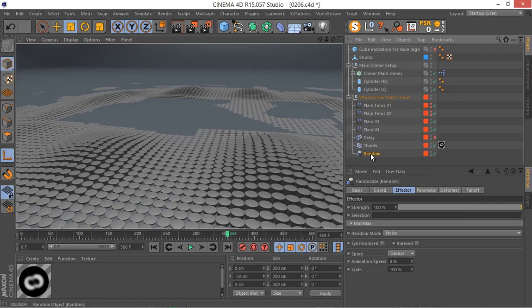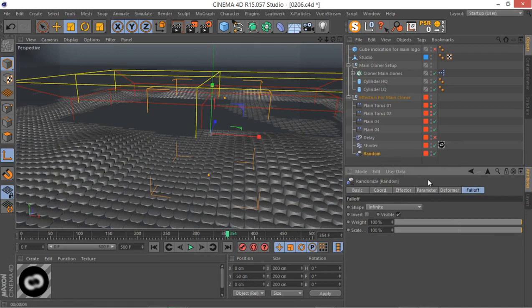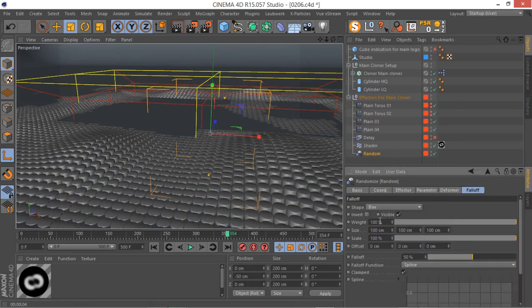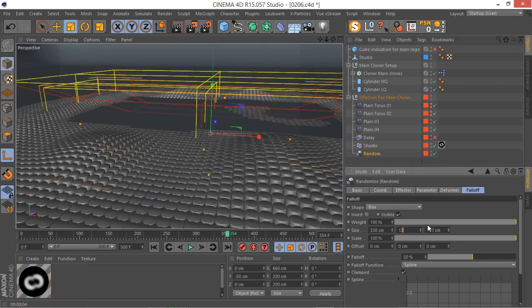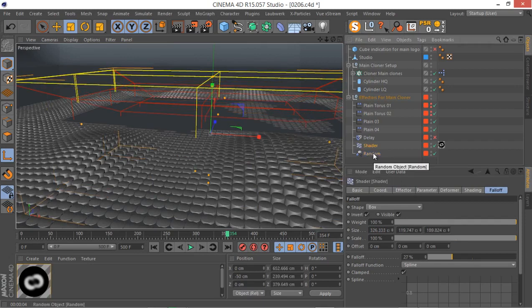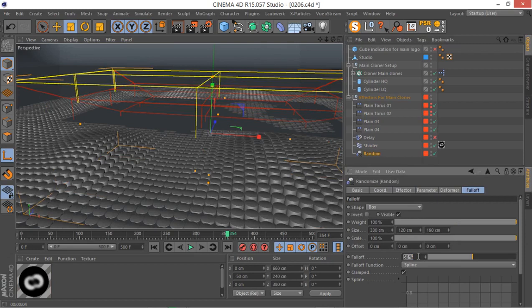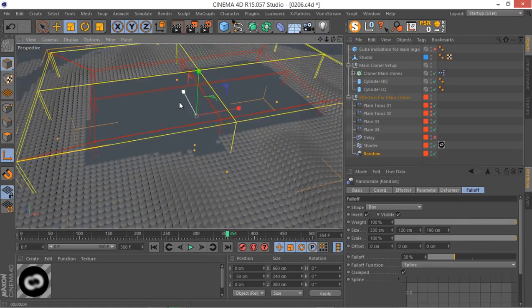Just one important thing before I finish: I have to make sure that this random effector has the same falloff as our shader. I'm just going the easy way, so I like to just make it box, and you can copy the values here. 330, let's just do it quickly. 120, 190. And the falloff, 27% will possibly be enough. Let's go to something like 30%. And make sure you invert that. And there we go. Now the random effector won't be where our main